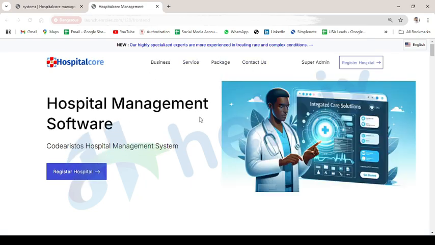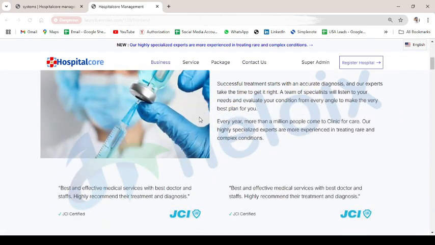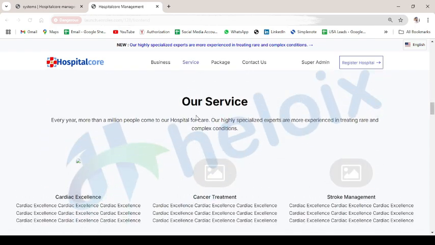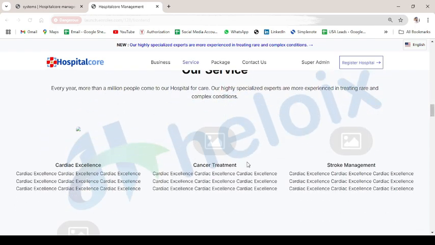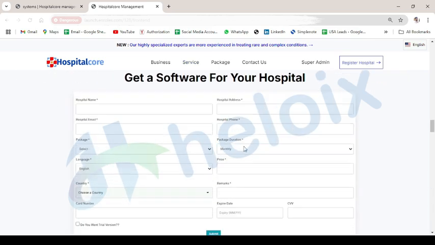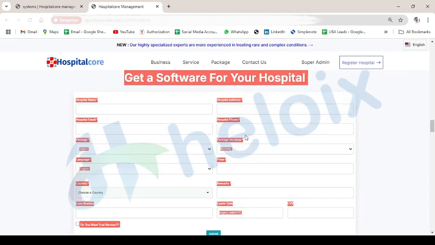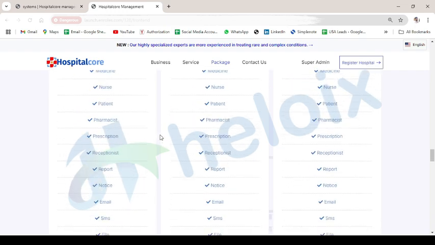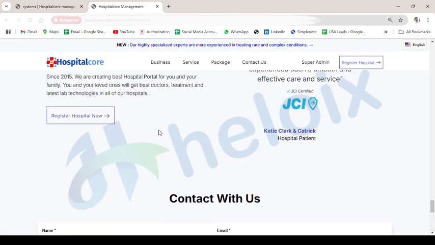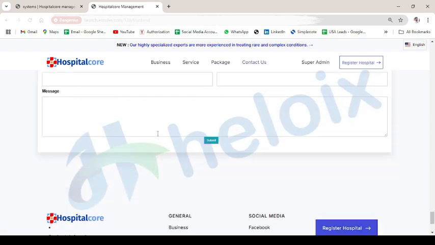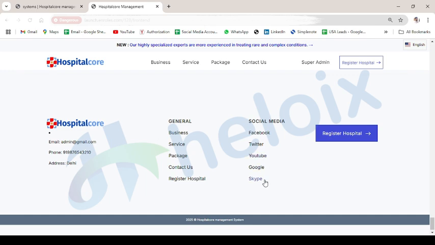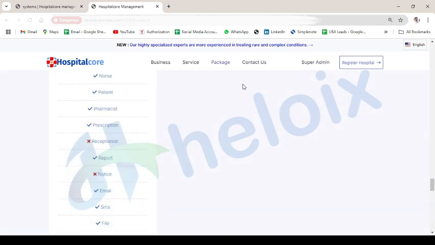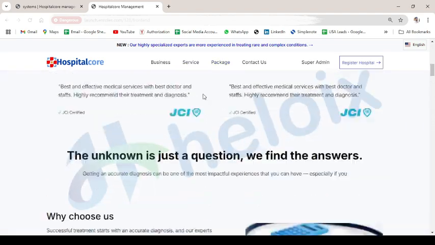Okay, this is the front end. Here you can check, we have already set up some content, our services and all. You can set up your own services, whatever service you are running. Here you can register as a hospital, or they can buy any package from you and then they will use your solutions. Here you can contact us. Some pages are there where you can set up your own content. Here you can register and all. It is the complete front end which I already showed you.